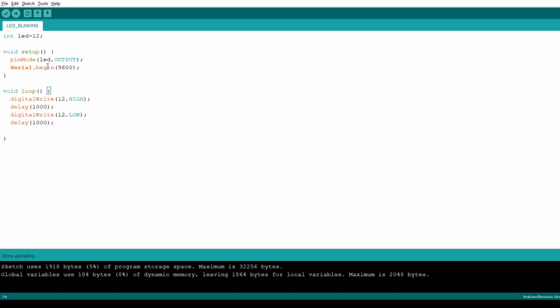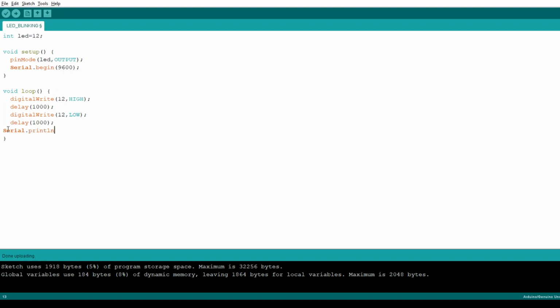And then Serial.begin means we have to show the serial monitor. Let's see which LED states are shown. First, I am writing "LED is on." The command is Serial.println, where println means print new line.